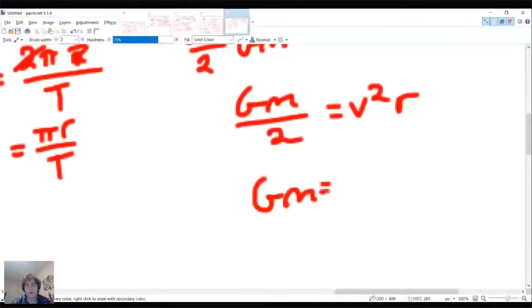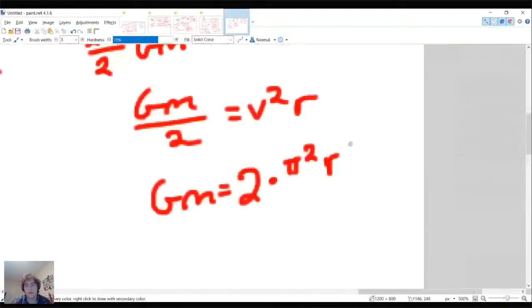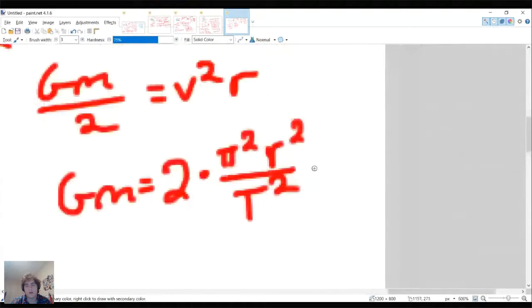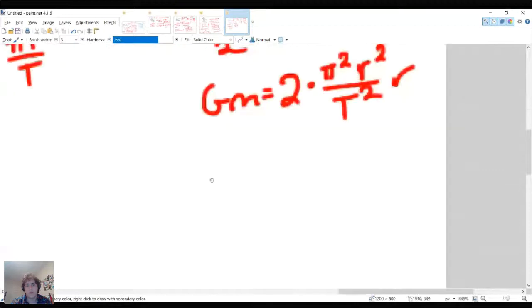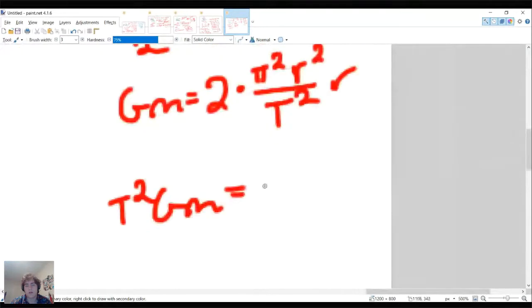GM, we're going to multiply the 2 over. 2 times pi squared, just squaring for V, R squared over T squared, times R, multiply T squared over, we get T squared, big G little m is equal to pi squared